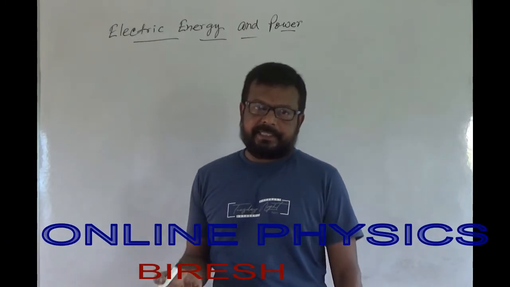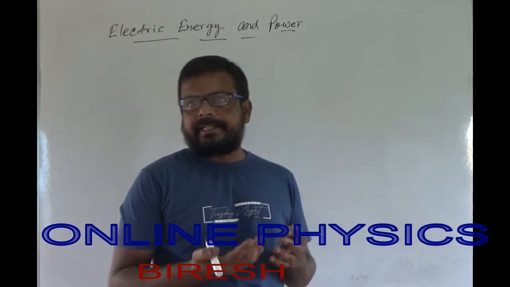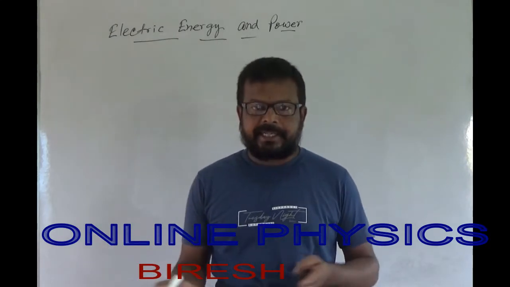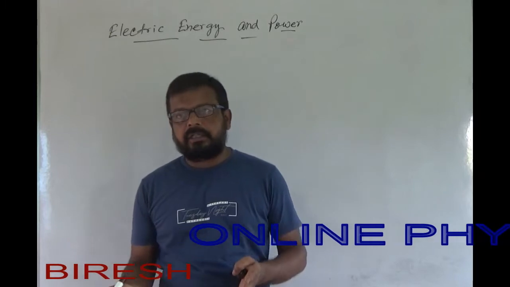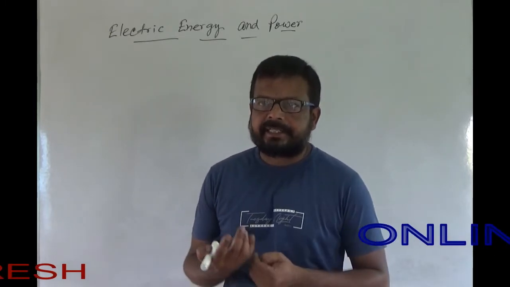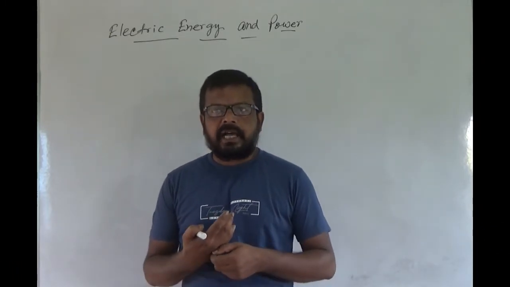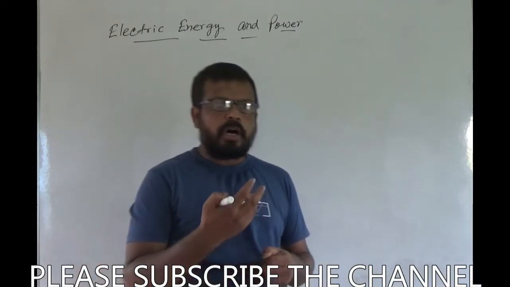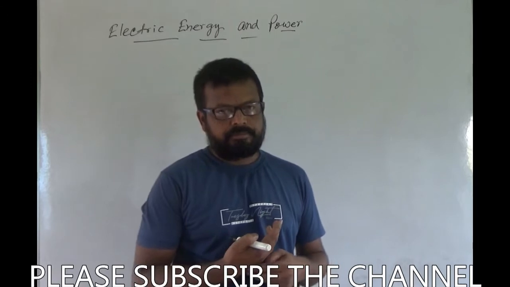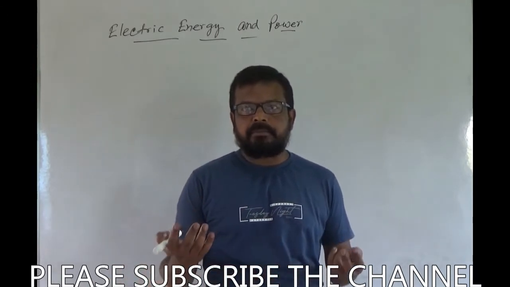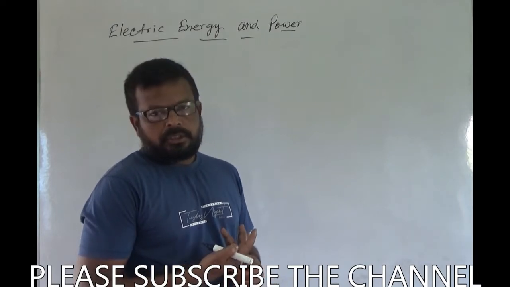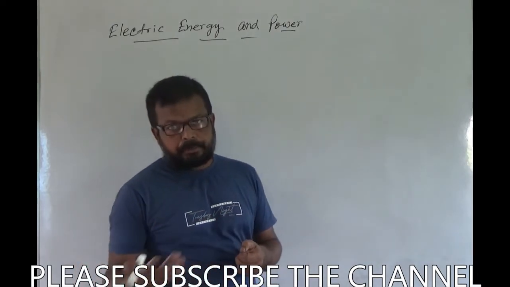known as electric energy. Let us consider an electric device, whatever it may be, a bulb, an electric heater, an electric iron, etc. Let us consider an electric device with resistance R through which current I flows from one end to the other for time t. Then charge will flow from one point to another point.